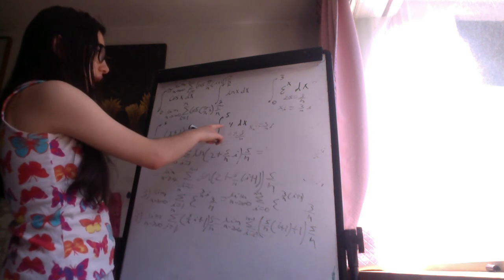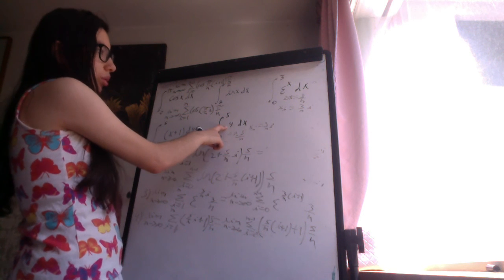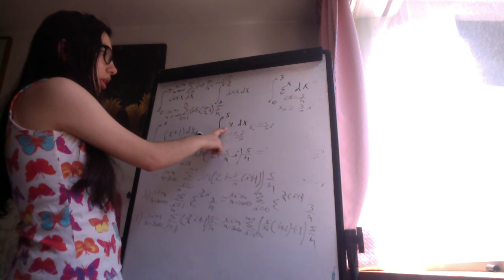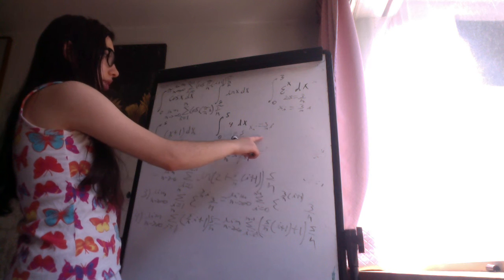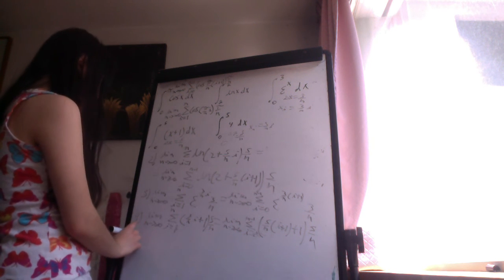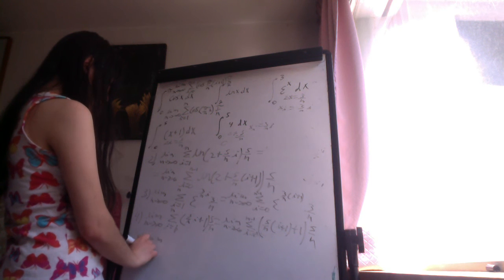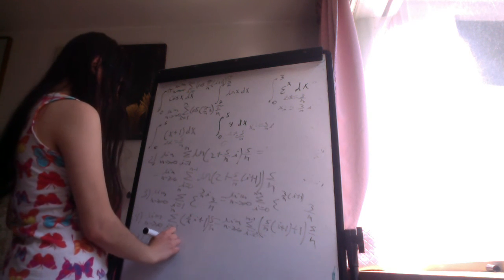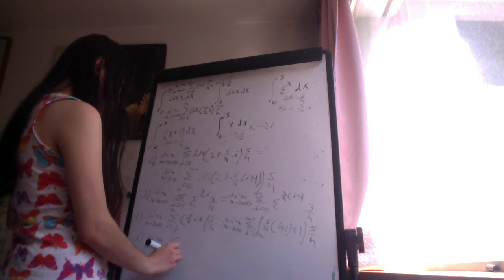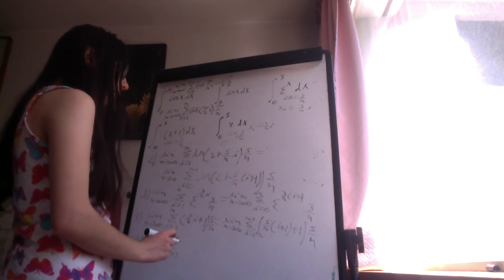But as you can see, our f of x is just 4, so it doesn't depend on i, on x, or anything. So this is just the limit as n approaches infinity of the summation from i equals 1 to n of